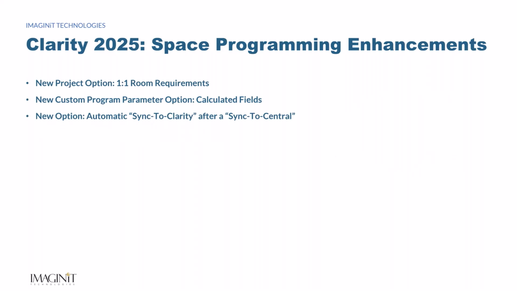Let's see, some other things in other areas of Clarity. Clarity has a space programming module. This is an additional cost module, so it's not something that everybody has, but it's really designed primarily for architects that do early stage space programming and planning, trying to make a consistent process that flows all the way from the early stages of planning to doing schematic and conceptual design inside of Revit,